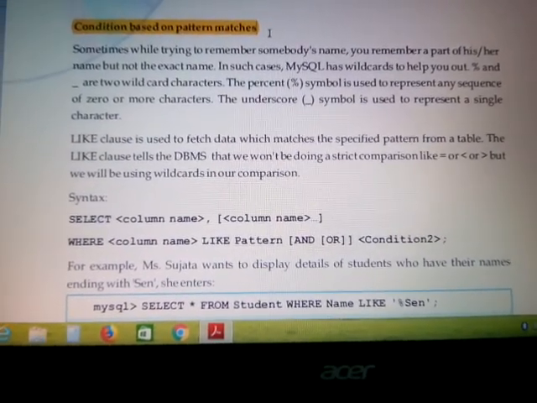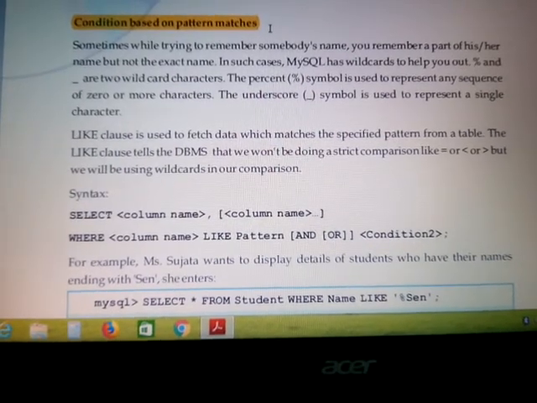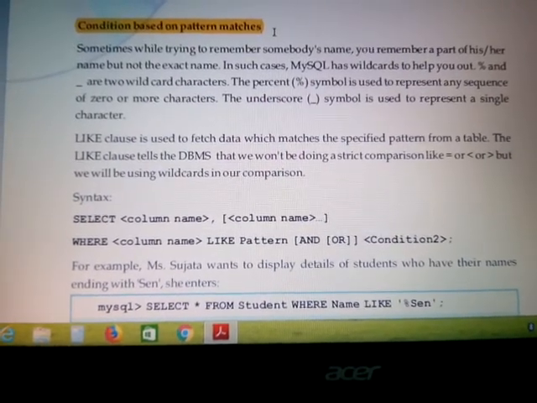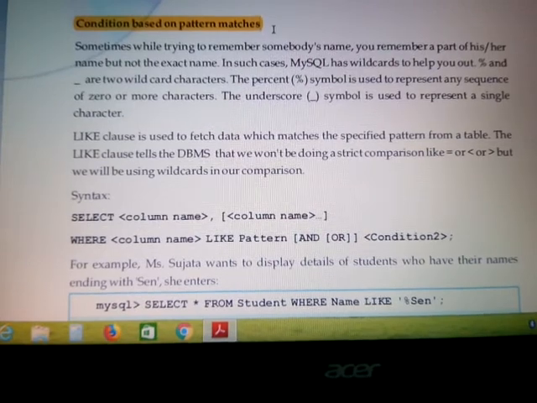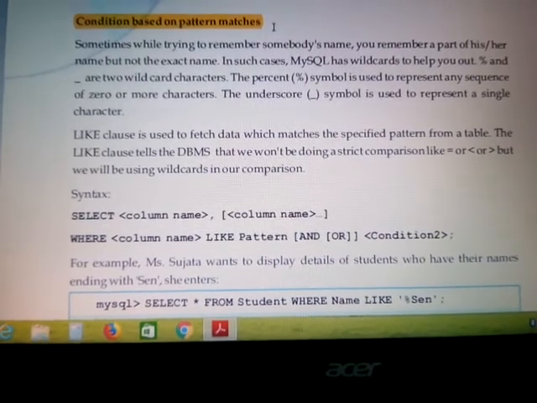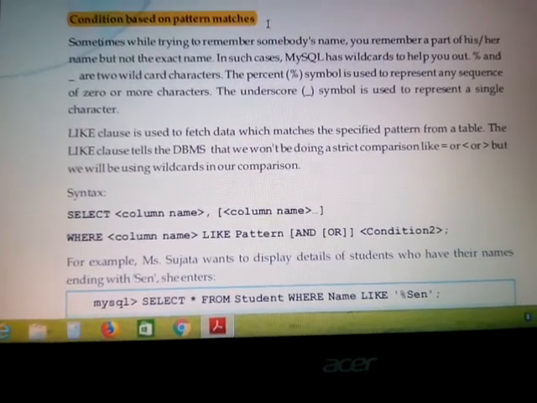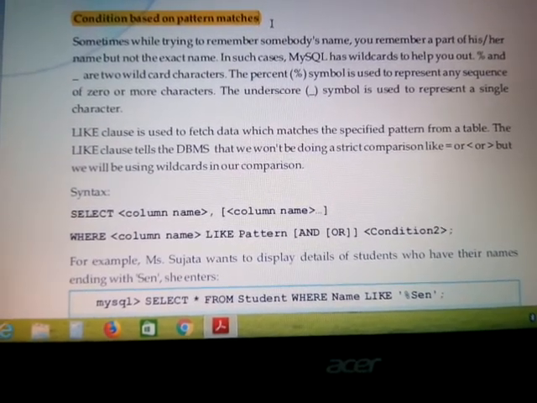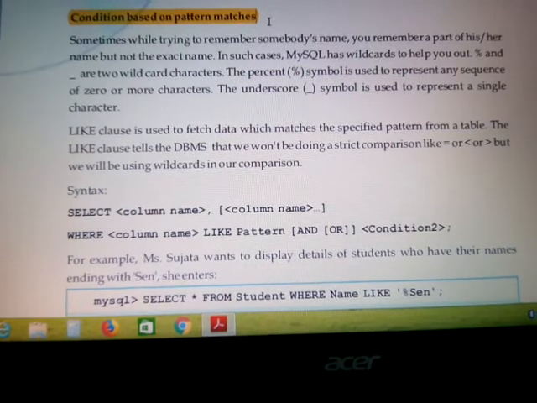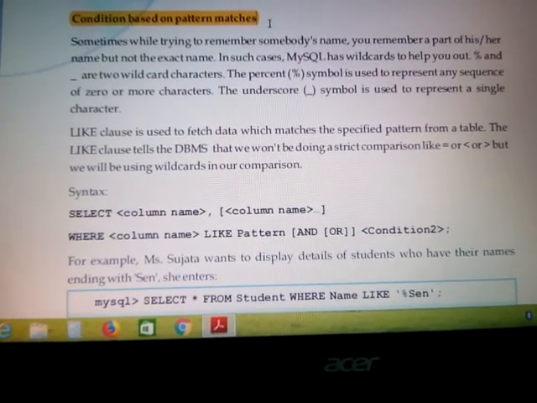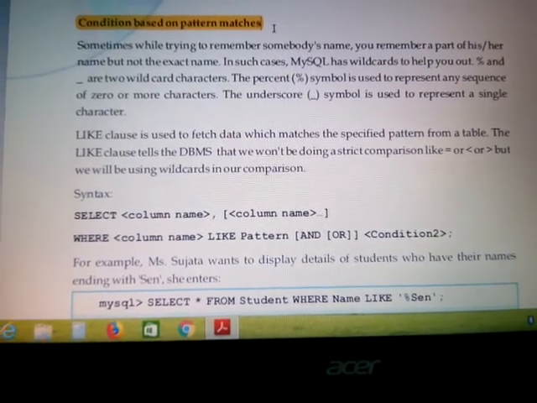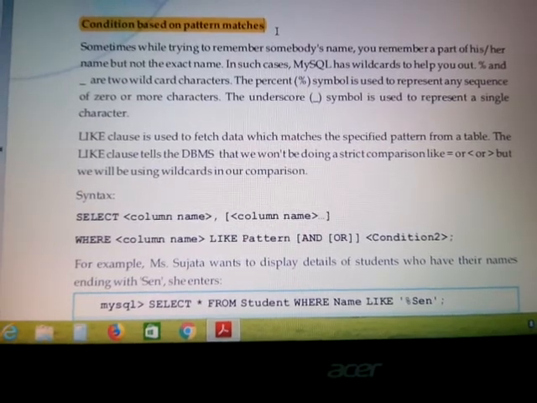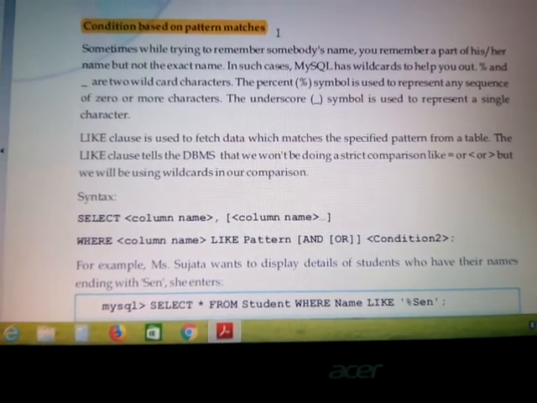Likewise, have a look at another example. Suppose I want to check details of those employees whose name is 5 characters long. That means I have a table named employee, and in that employee table I have one column, the name column. I just want those employee names whose name is 5 characters long.